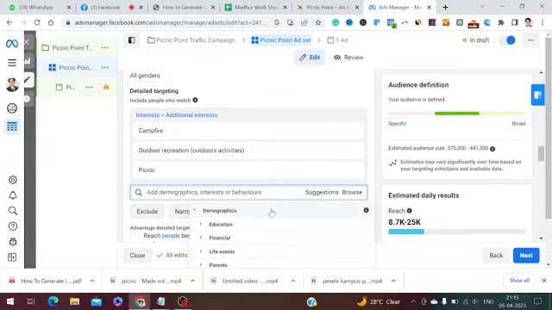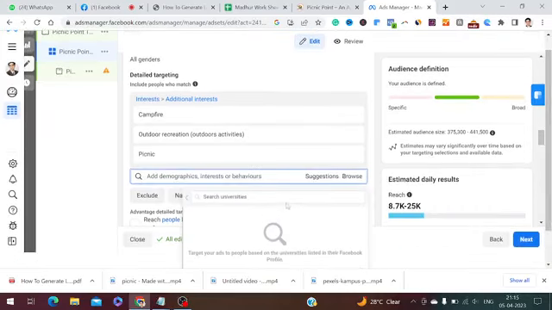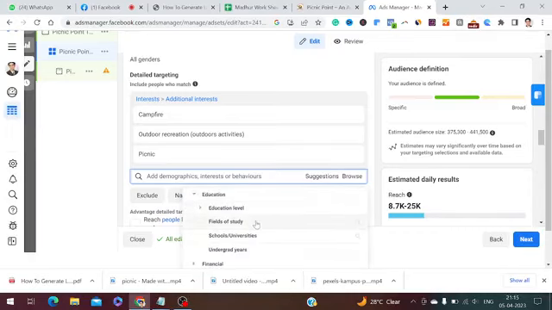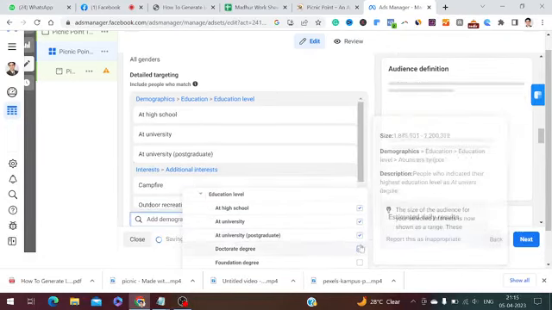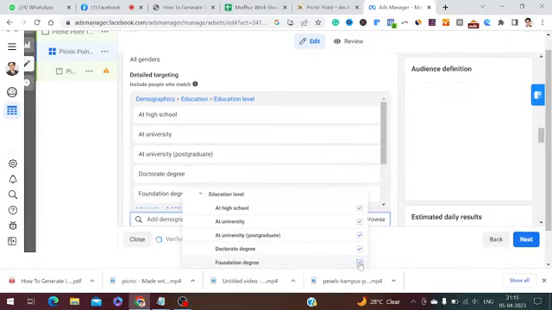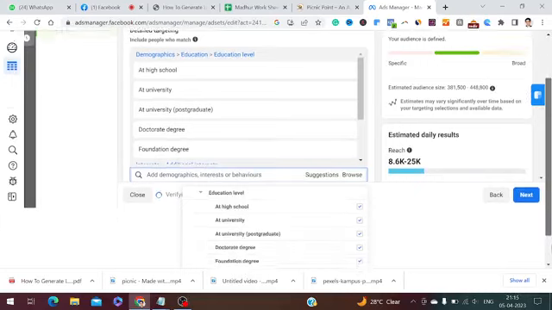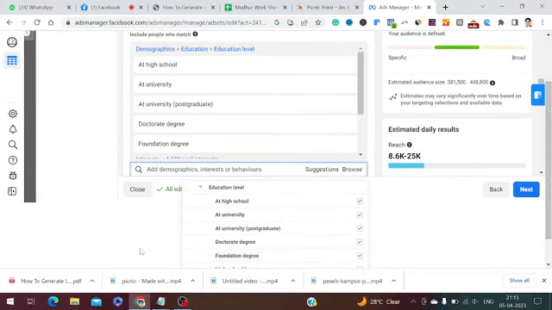I click on demographics. So I wanna target education sector or schools and colleges. So I say schools or universities here. Okay, so this is what you can do over here as well. Yes. So education level, let's say at high school, at university, okay, doctorate degree, foundation degree over here. Yeah. So then I click on browse